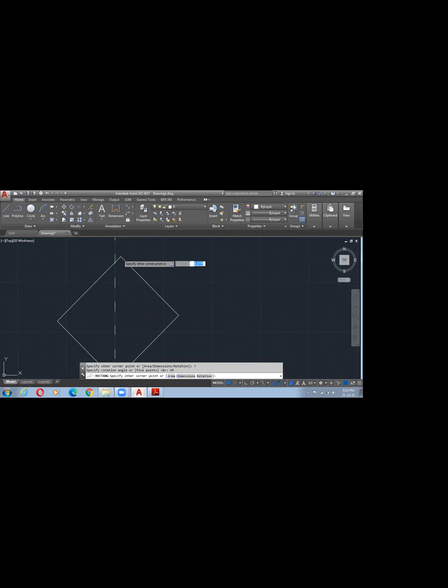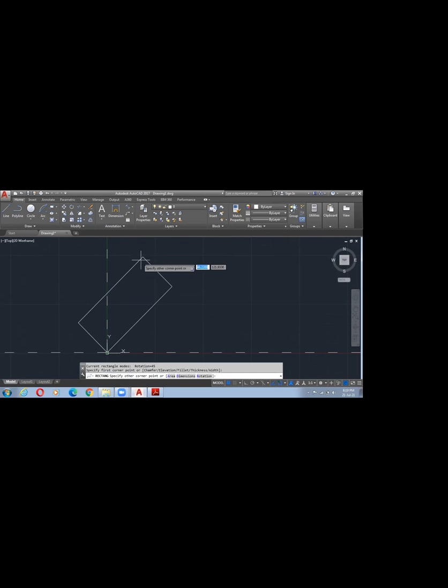Now provide proper dimension of 100 by 100. We need to provide actually dimension in X and Y axis like that. See, if I am selecting REC, enter. Select the first point. By default, in past we have made 45 degrees from left side, from bottom. So it will take same way. Let us check the angularity. I will show you.